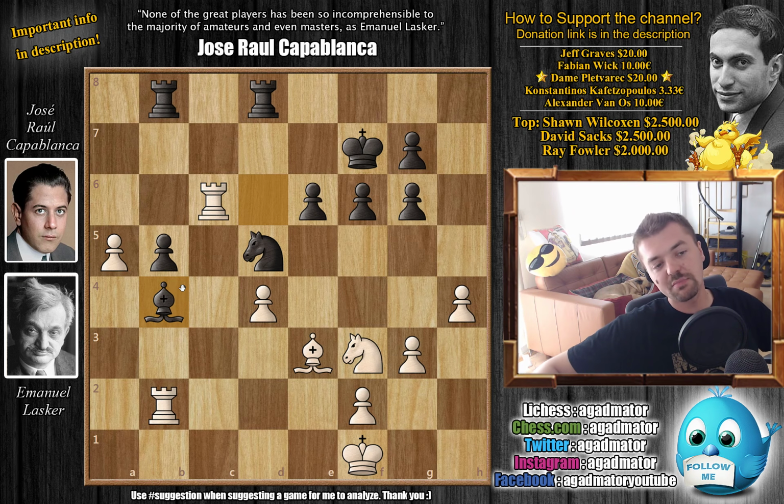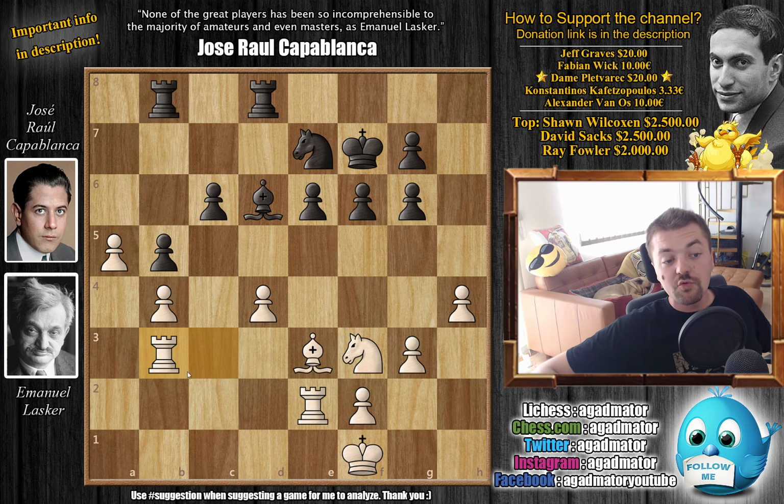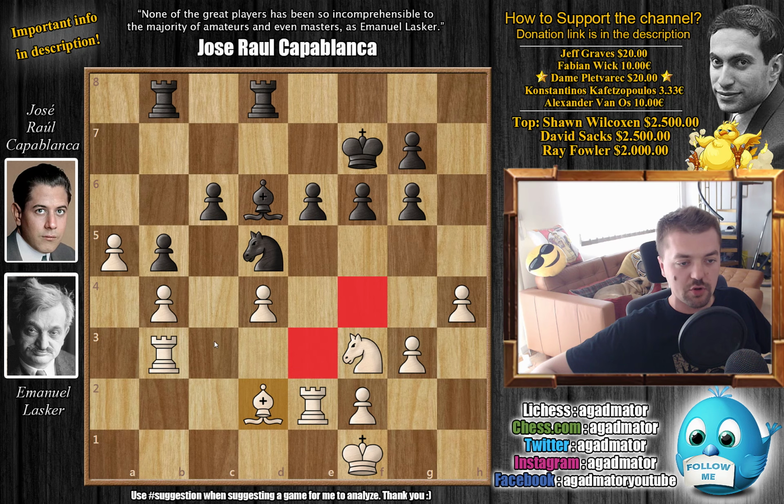It's not that black is better or anything, but Lasker just doesn't want to allow Capablanca to dictate the tone of the battle here. So, rook to b3, and now comes knight to d5, again with a double attack against the pawn here, and bishop to d2. Just nicely controlling all of the squares the knight can go to, and also a double defense to the b4